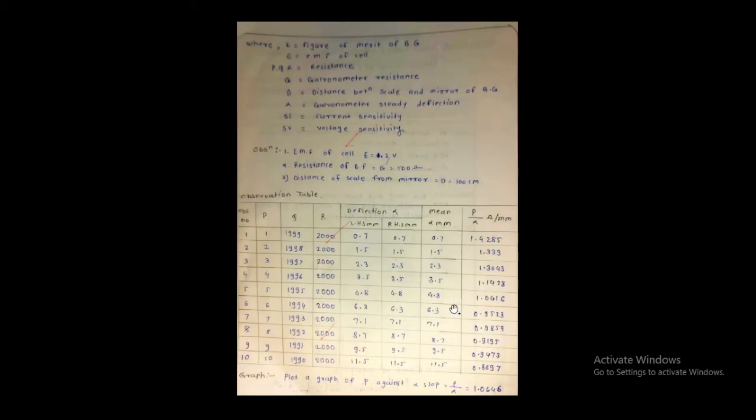At that time, we have to find out the deflection coming on the spot, that is the lamp and scale arrangement. Therefore, on the scale, we have to find out such type of deflection. For this, it is LHS, and for RHS, we have to open these two gaps and close these two gaps by the keys. The same procedure is followed and note down this reading. The same is done for all 10 readings.